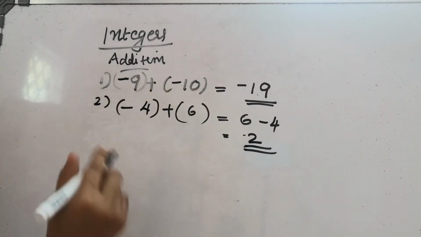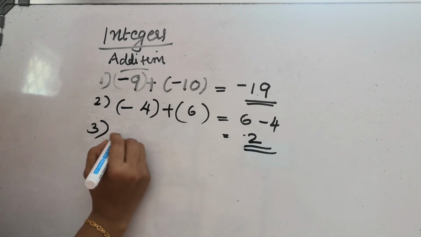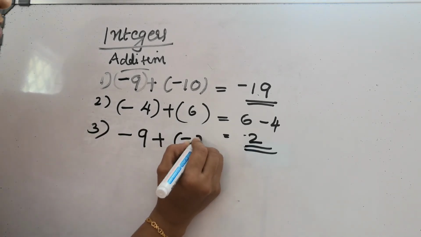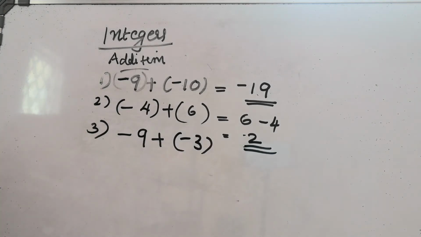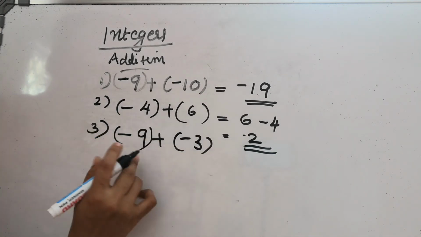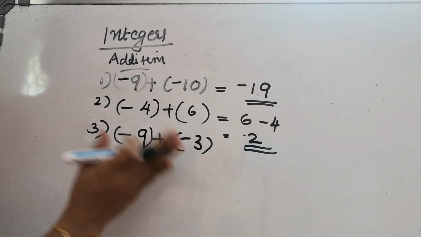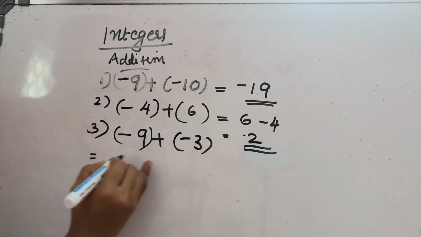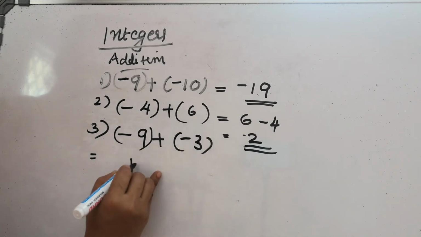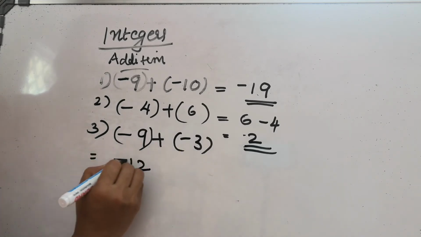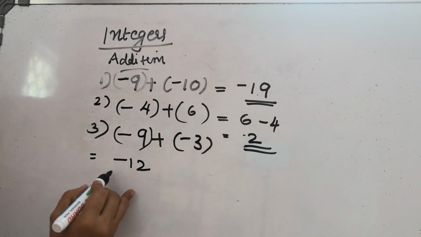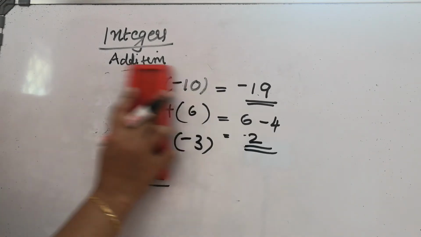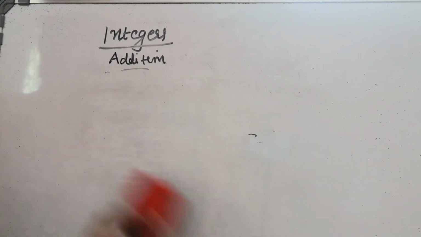Okay, so the next one is negative 9 add with negative 3. Here 9 is a negative number, 3 is also a negative number. These are the same sign, so we have to add 9 plus 3. 9 plus 3 is equal to 12, and put the negative sign also. So negative 12 is our answer. Clear? So the next example is